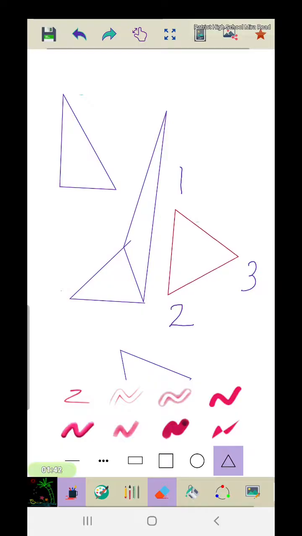Now note the angle at 1. It is going on increasing. The angle at 1 has increased. Now the angle at 1 is reducing. It will reduce further. The angle at 2 is increasing now. Angle 2 will increase. Angle 1 will reduce. Angle 3 also will reduce. It is like this. So this is a triangle.